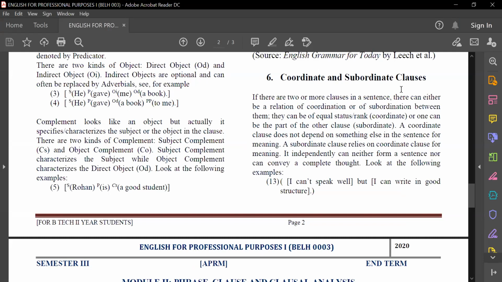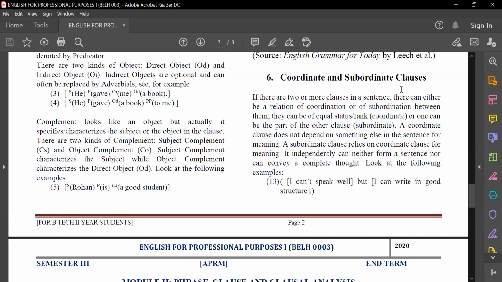Or there is a subordination. It means that we have an independent and a dependent clause working together. So there is a conditional element present in that. If I say that if the college will open in the month of January, then the students will come from home, right? So the condition is that once the college opens, only then will students come. Until the college reopens, there's no point in asking students to come or expecting students to come. So there are two things over here, right? One is